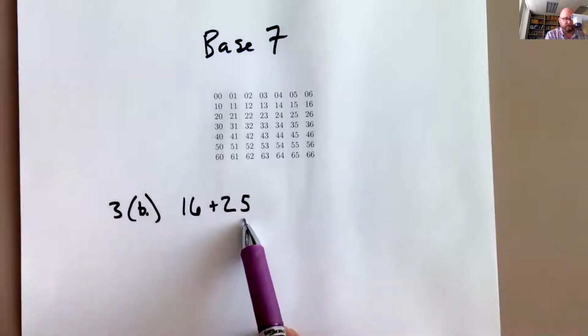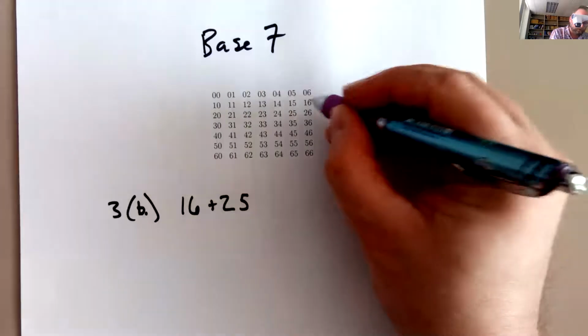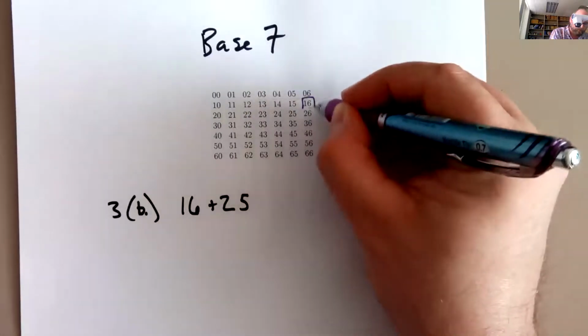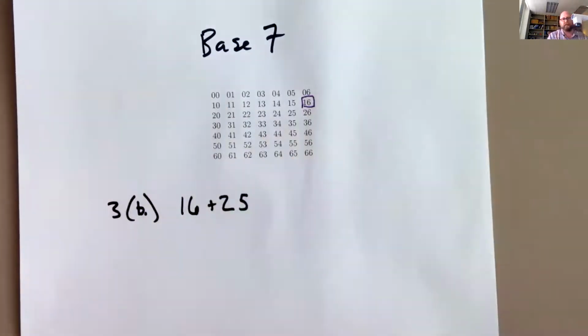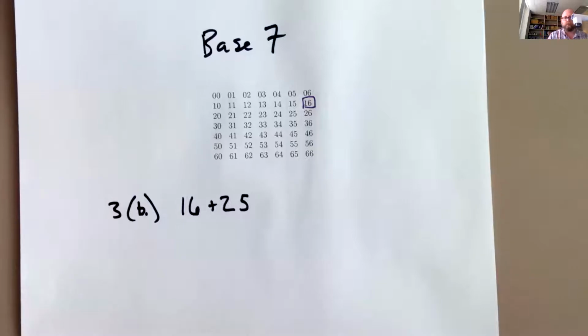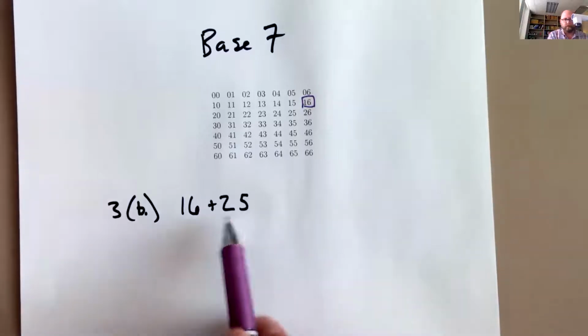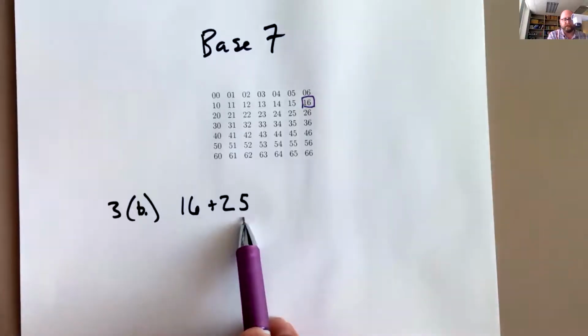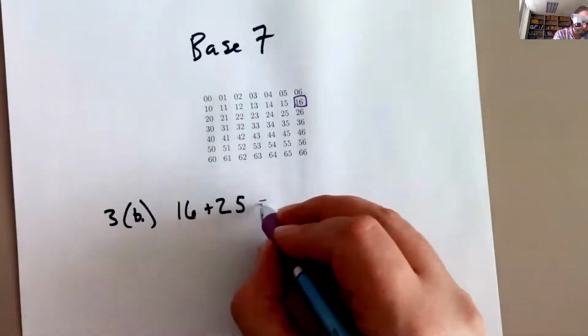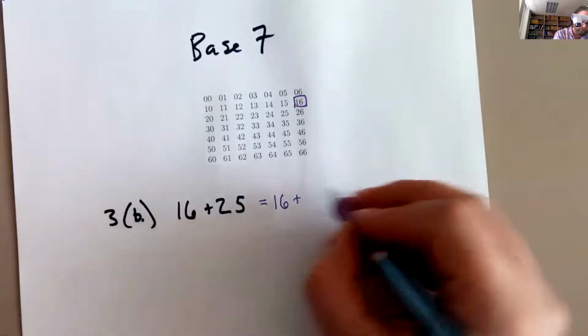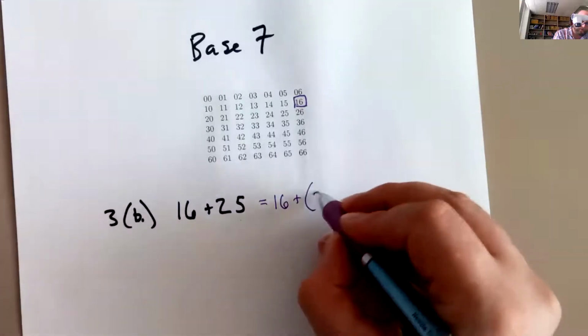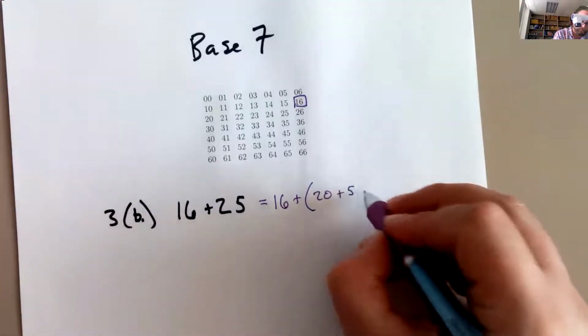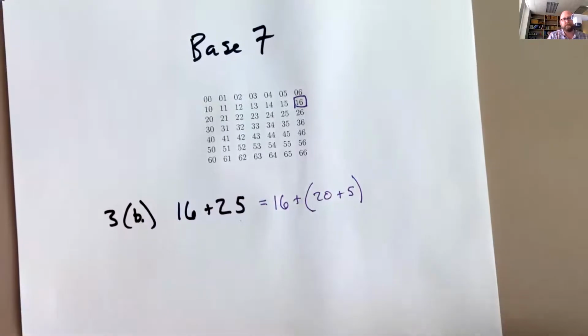So by definition of addition, we start at 1, 6. And I'm going to go forward 2, 5 steps in the grid. I want to use the fact that 2, 5 is 2, 0 plus 5,